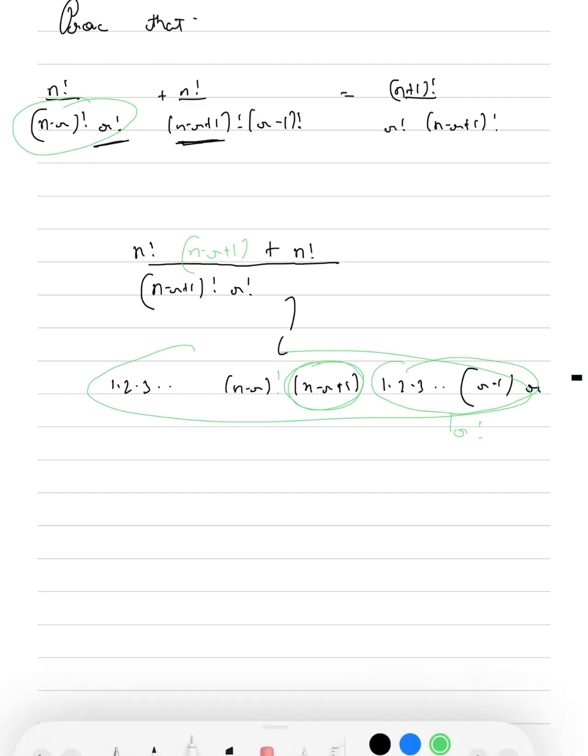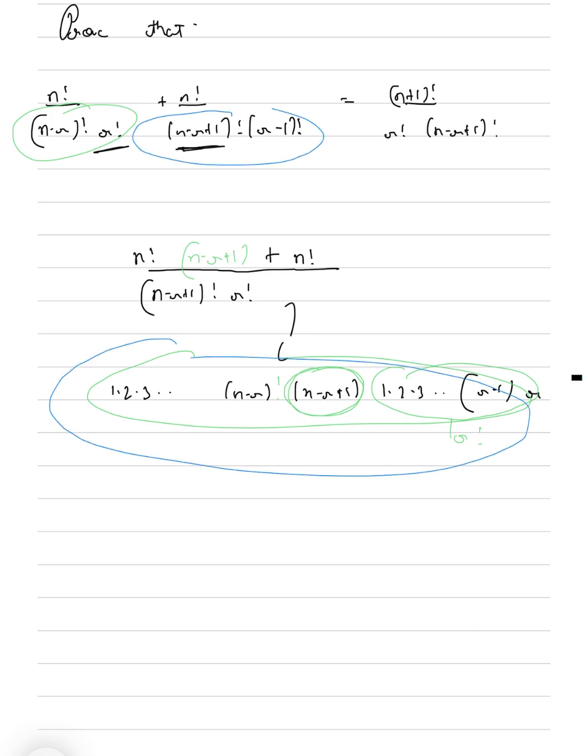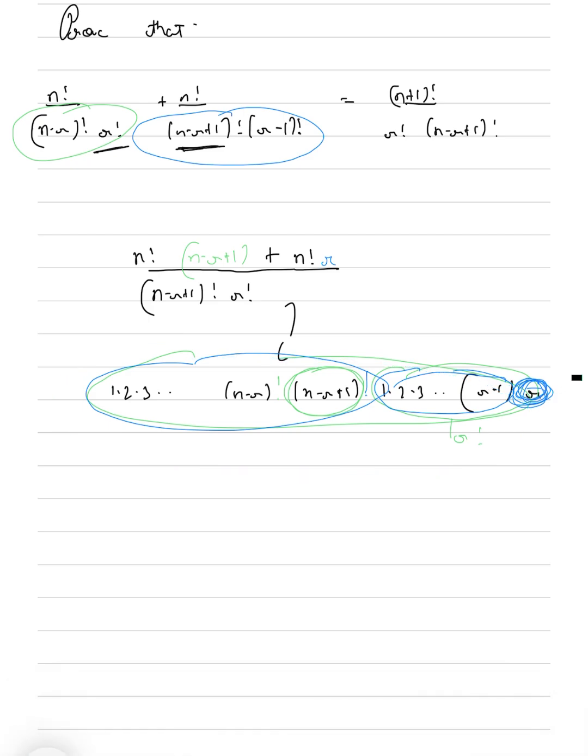Now for the second, we have to divide this by this, and when we divide, we see that we are only left with this option. As n minus r whole factorial is going to be this, and r minus 1 factorial is going to be this, we are only left with this. So we are multiplying this by r. Now proceeding further,